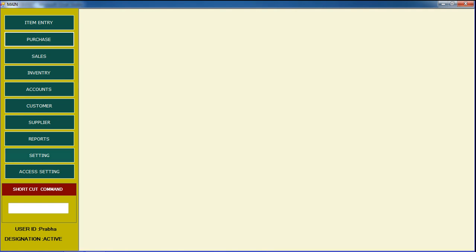But I want to change some events here. I am not telling from here to here, but from top to bottom. First I am going to tell about the bottom, this is the top of item entry. I already told about the five concepts: accessing, password changing, how to do user entry, how to access, everything. But here I am going to tell about item entry.